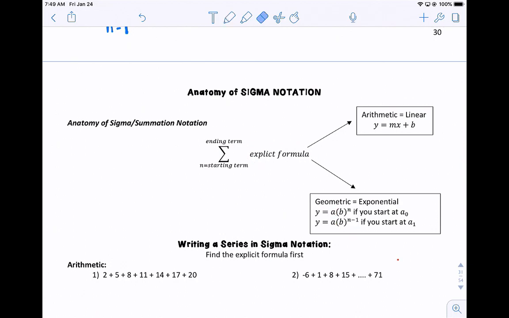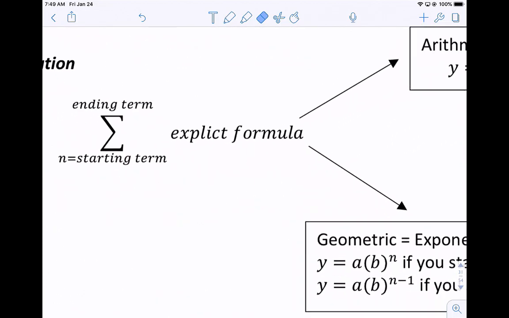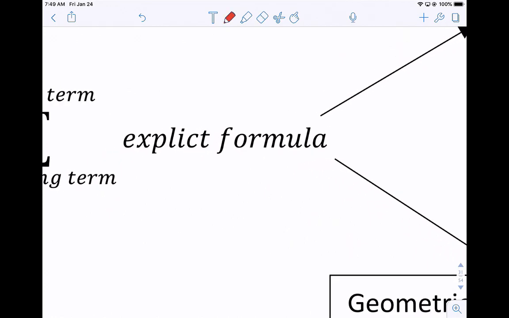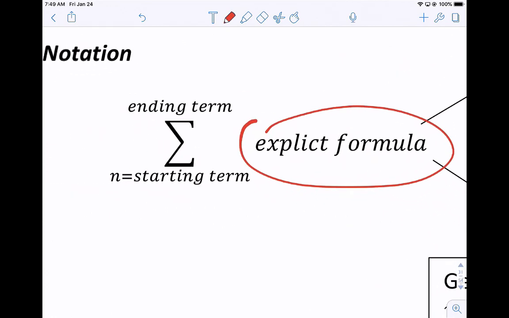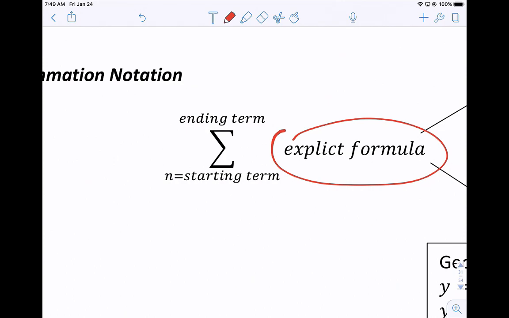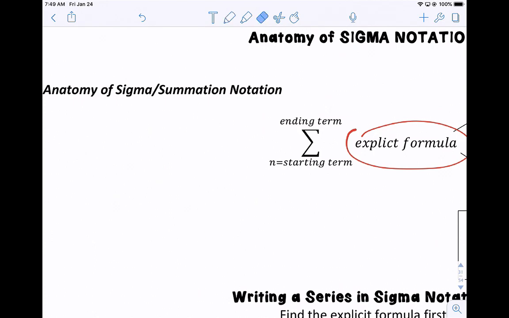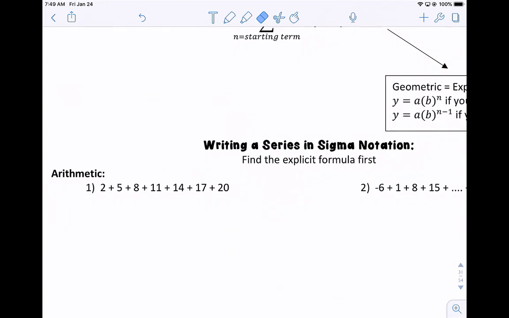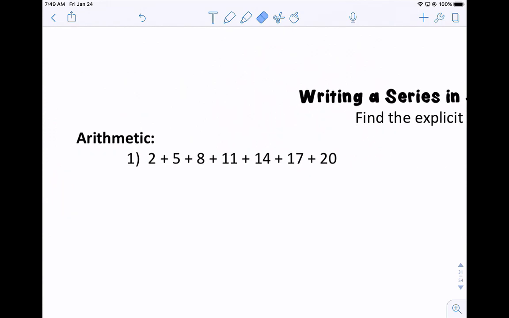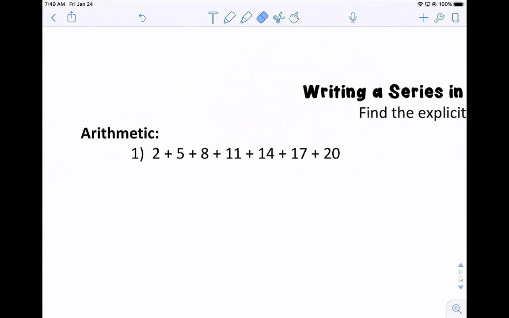Okay, so today our goal is, can we use what we did yesterday to find the explicit formula? And then can we write an expression that would mean add up some of these terms? So this is summation or sigma notation. It means add them up. Okay, so how do we do it? Let's say we wanted to add up all the terms of this sequence right here, which is arithmetic. So first let's figure out the explicit